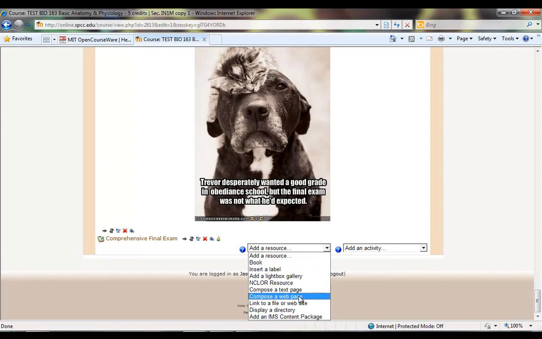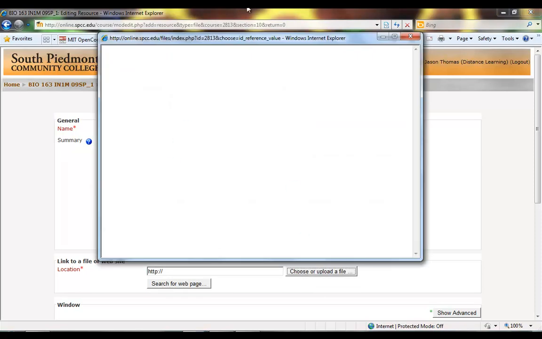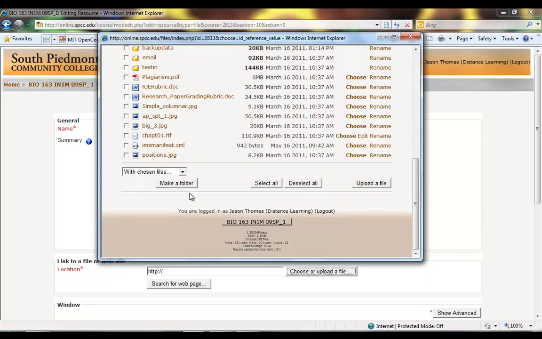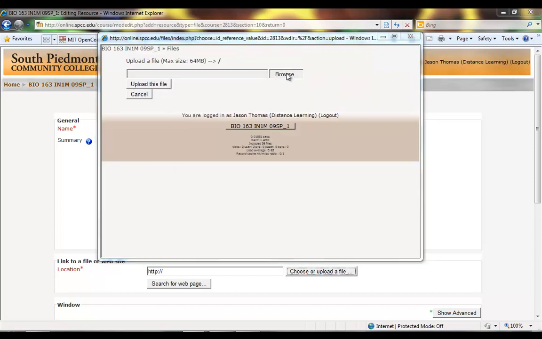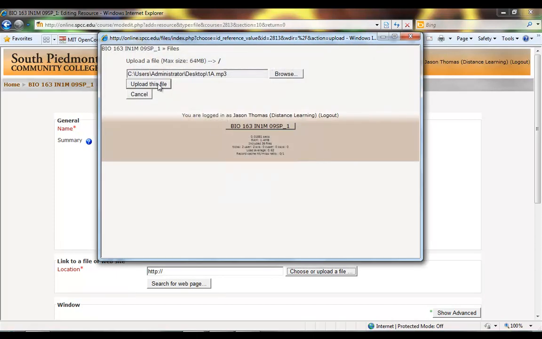And I want to link to a file or a website because I have a file I want to put in. So I'm going to name it Computational Bio Intro. I'll call it the podcast introduction. And now I want to upload a file. So I click upload. And it's going to bring me to the dialog box we all know so well. And since I haven't used this MP3 before, I need to upload it from my computer. I'll click Browse, go to my desktop, find that file, open, click Upload this file,